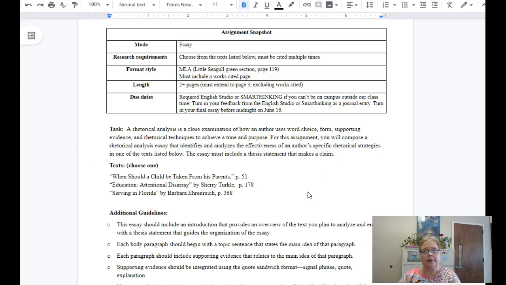Anyway, on the Moodle page, even though I can't show you right now because my computer is misbehaving, there is another journal for you to write another paragraph similar to the one that I asked you to write about the introduction to Lean In, for one of these three essays. So you can follow the same pattern and the same tips that I gave you in the first journal, except you're going to do it with one of these three essays, because this is what we're going to expand into the essay that you'll submit by June 16th